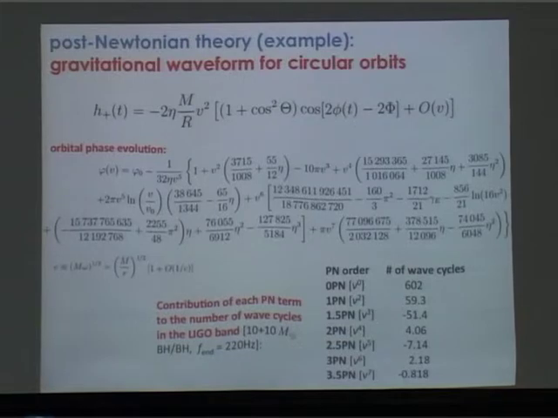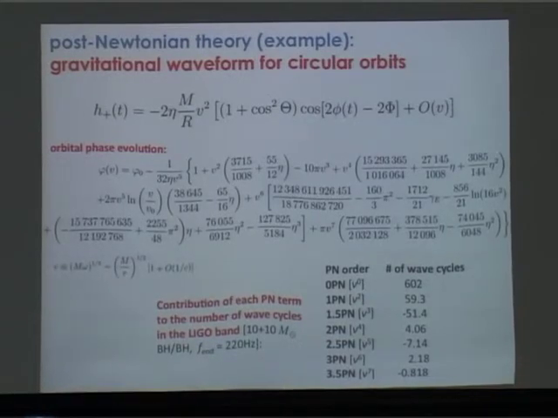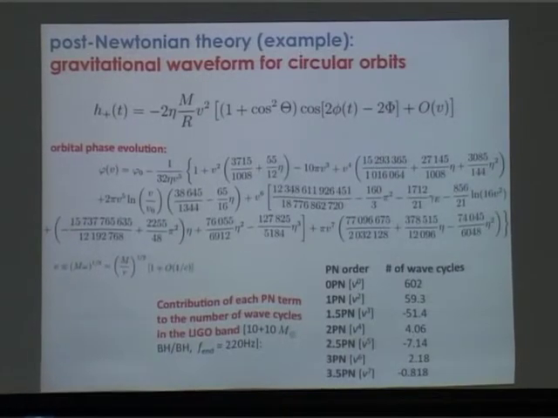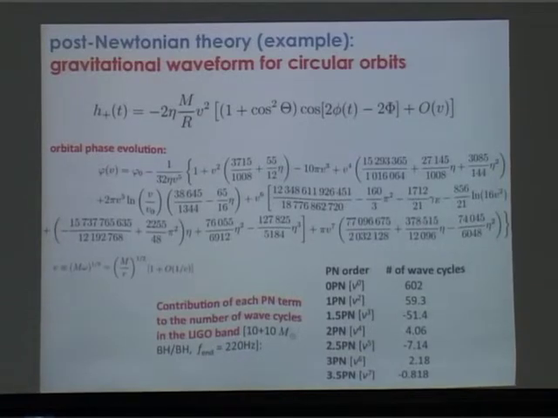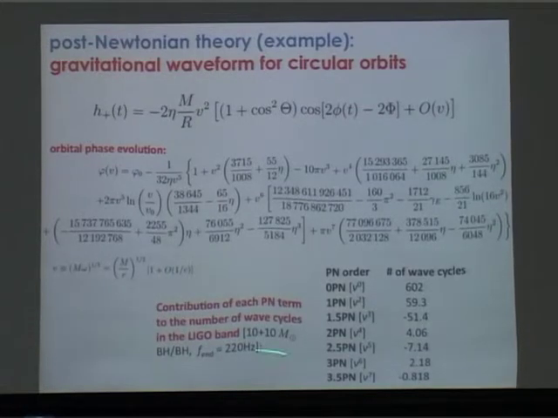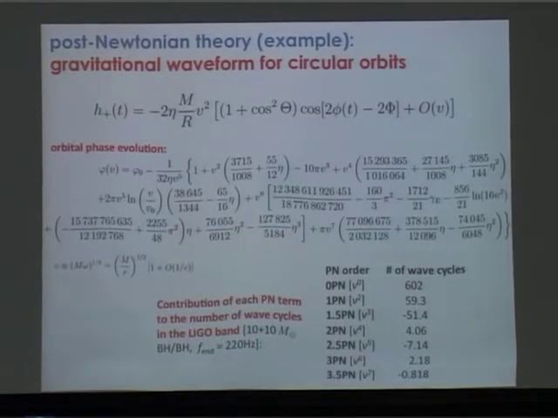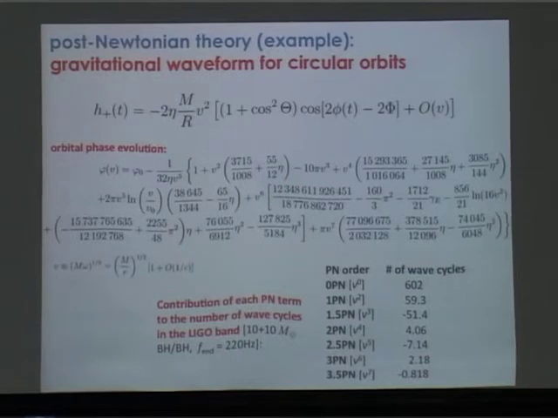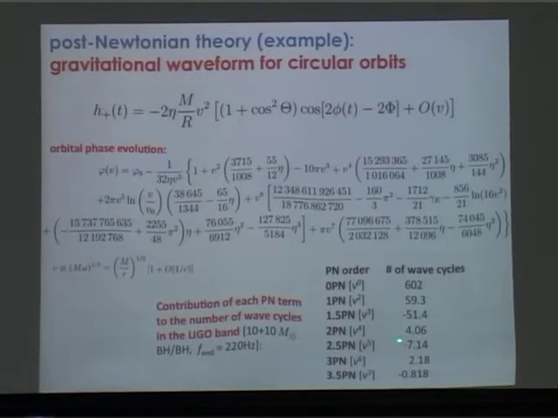And so to illustrate why it's important that we actually compute this post-Newtonian series to all these terms, it's useful to look at the number of cycles contributed by, say, a specific kind of binary that LIGO might expect to see. What does each of these individual terms contribute? Most of the effect you see comes from just this Newtonian term here. For, say, a 10 solar mass binary black hole merger, in the LIGO band, you get 600 cycles just due to this term, but you still get a decent number of cycles, around 60 cycles, due to the second term, and likewise you can see how many cycles you get for each term.